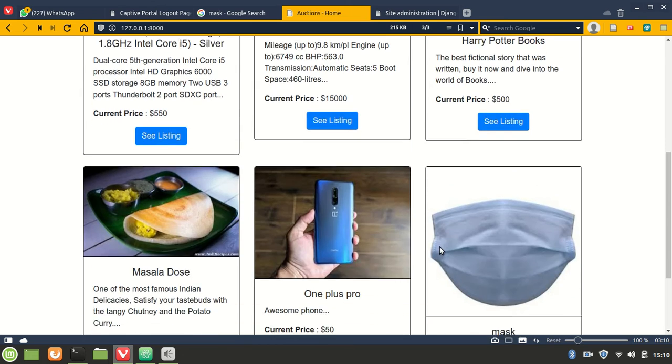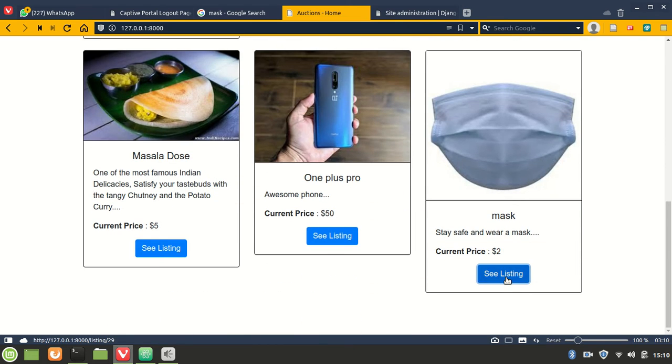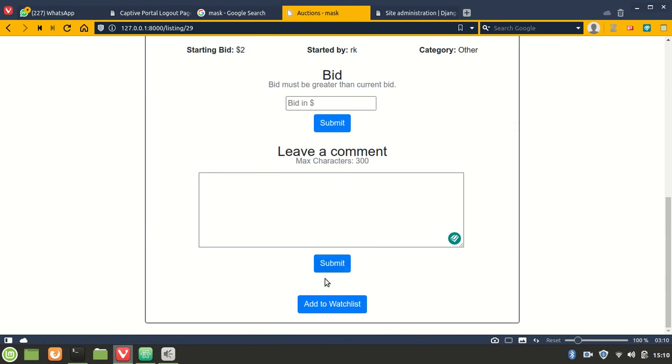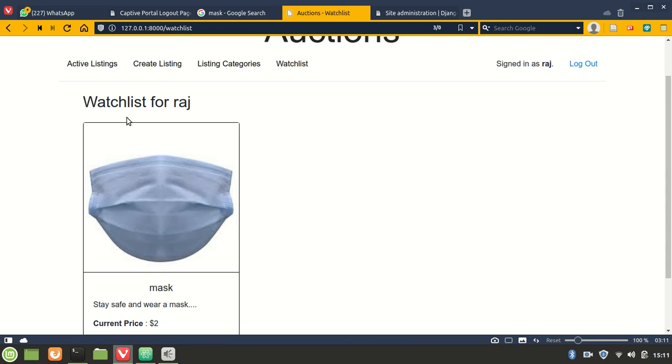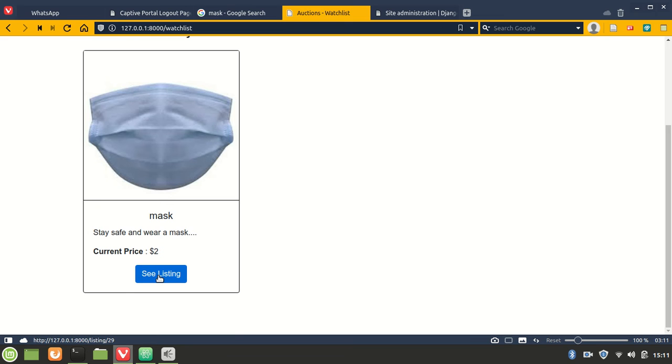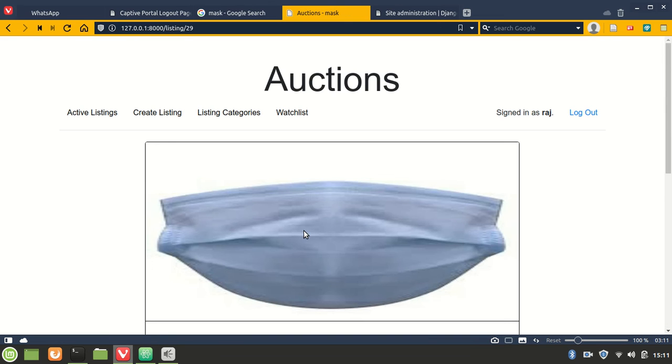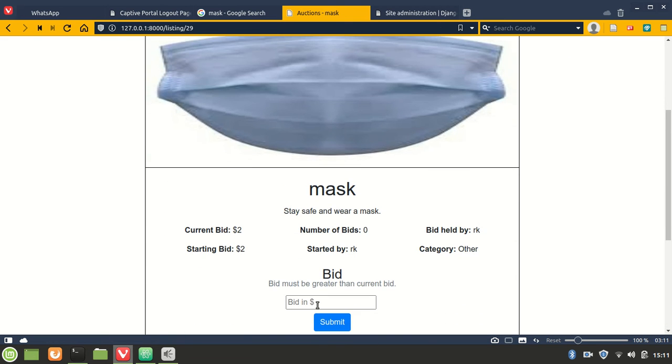For a person who sees the listing, he can see a listing like this. He can go ahead and add it to the watch list. If I go to the watch list, you can see the watch list for Raj is created, and I can view the listing. In case I want to bid on this mask, I can bid. The minimum is $2. So in case I give 1,